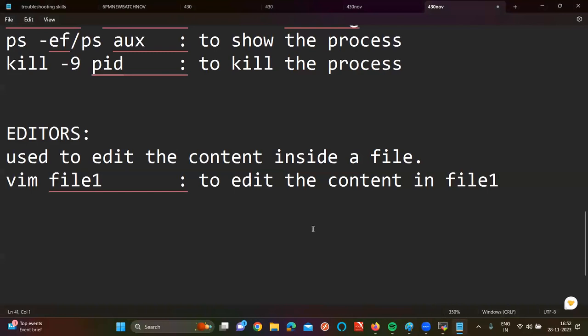So first of all, when we are talking about editors, what is the main purpose of using an editor here? To edit the content inside a file. So if you want to edit the content, here you are going to give VIM and the name of the file. That means which file you want to edit. While we are talking about editors, here you are going to remember mainly modes. This VIM editor is having mainly